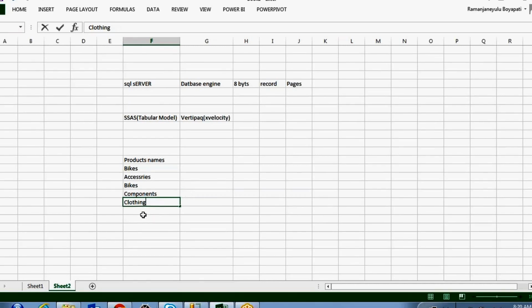These are the different products I have. And the sales amounts are 200, 300, 150, 250, 300 and 500.